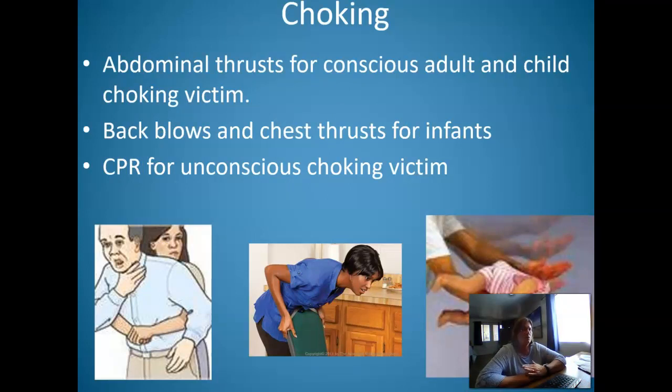Now, choking, we talked a little bit about choking when we talked about our safety chapter, but with choking, we normally do abdominal thrusts for a conscious adult and child victim. So child from 1 and up. Infants, we do it differently. But from 1 through adulthood, we do abdominal thrusts where you find that belly button and you bring your